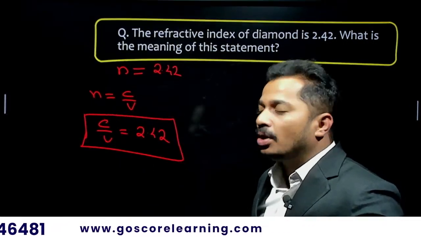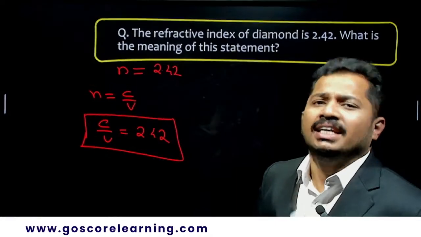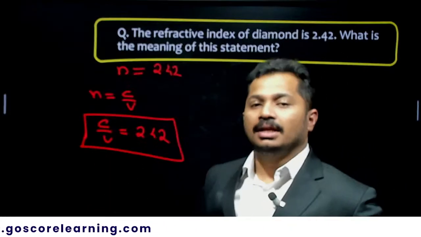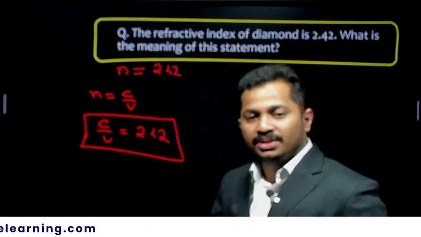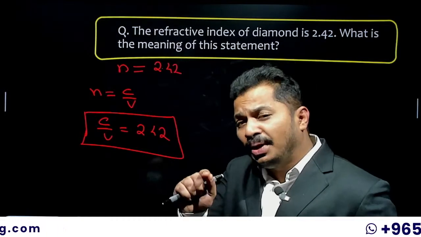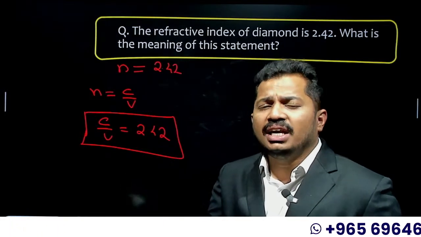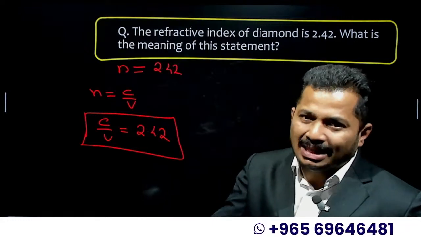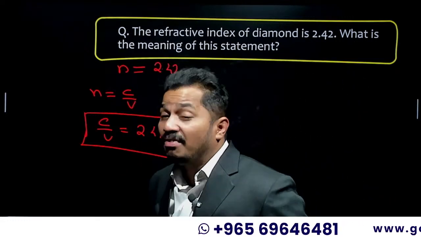Just expand it a bit more. What is C? Speed of light in air. What is V? Speed of light in medium. So the answer is done. The ratio of speed of light in air to speed of light in medium is 2.42. So refractive index is